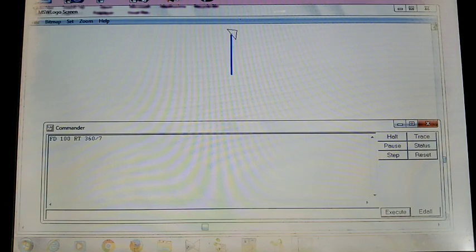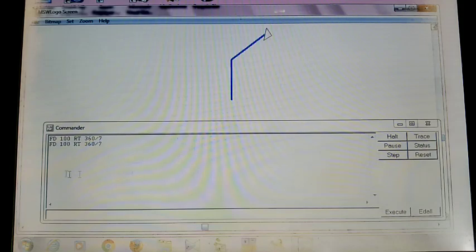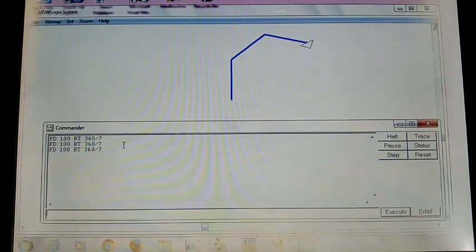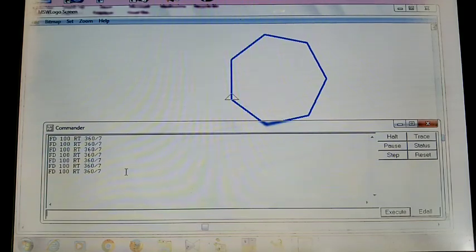Now for the next, I can click here to repeat these same commands 7 times. The first time I entered it, then click, then enter, then the second time, then enter, the third time, then enter, the fourth time, then enter, the fifth time, then enter, then the sixth time, enter. So how many times? Total 7 times the same commands.